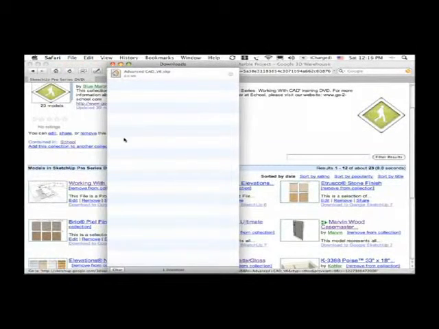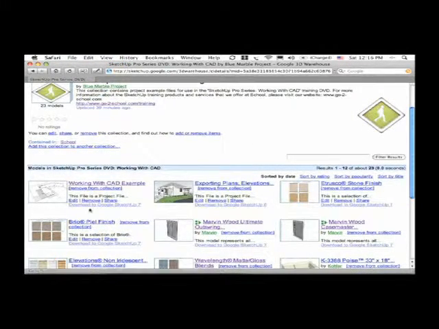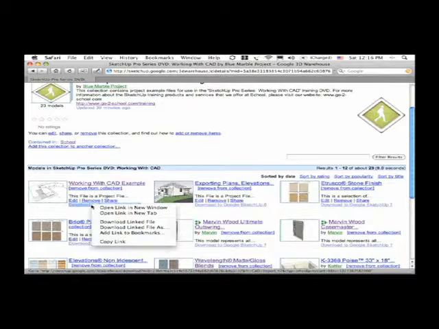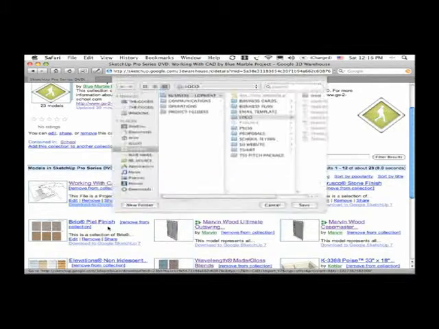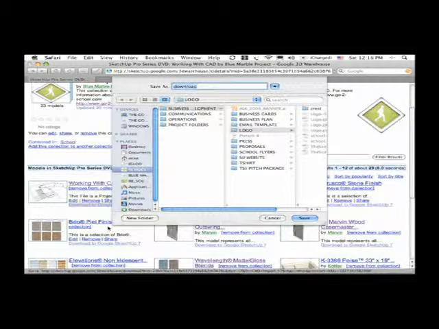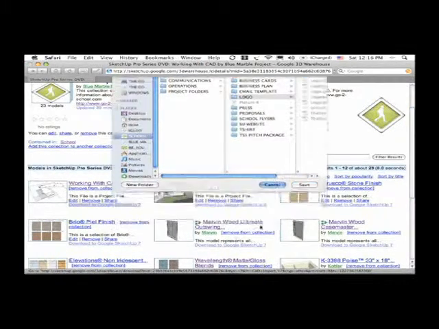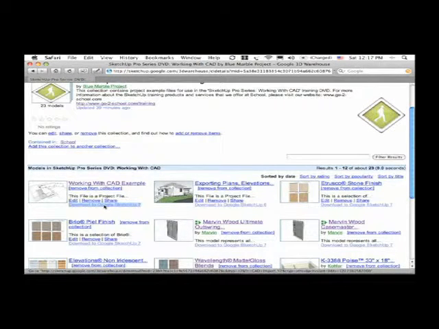If you want to know specifically where the files are going to be downloaded, you have the option to right click on the link and select the option for download linked file or download linked file as, in which case you can specify a directory for that particular file. Since I'm cool with those just being downloaded to the downloads folder, all I need to do is just click on the link to download that file.